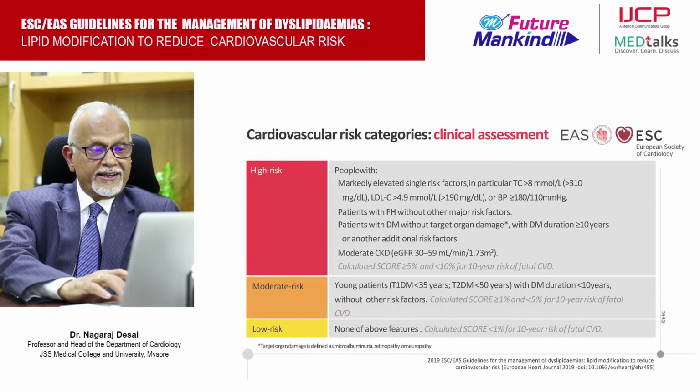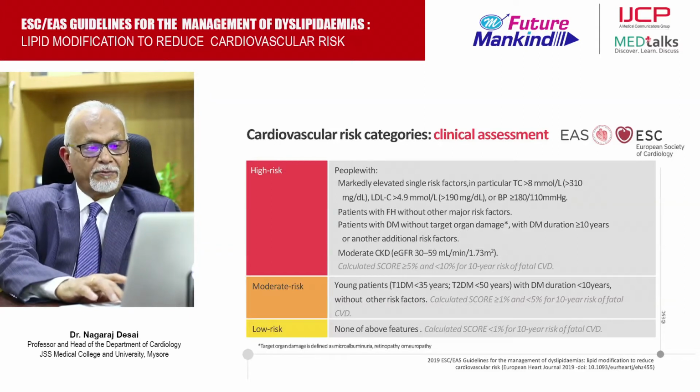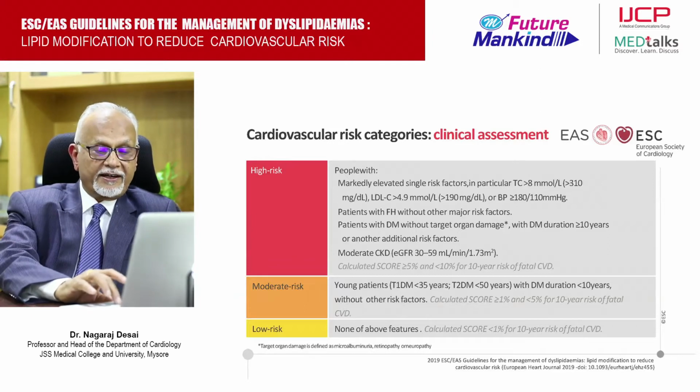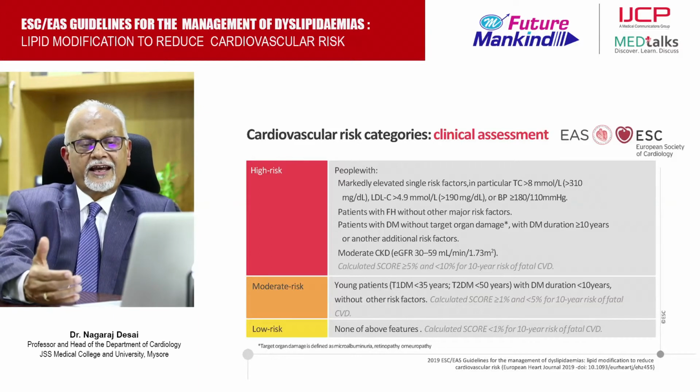Nevertheless, the categorization of individuals into very high risk, high risk, moderate risk and low risk is very useful, and we can compare the 2016 recommendation to the 2019 recommendation by the ESC. You can see clearly the guidelines have gone further to bring down LDL cholesterol in the very high risk, something like when you employ more than 50% reduction of LDL cholesterol, then you can have a goal of something like 55 milligram per deciliter, and accordingly the high risk individuals will have 70 milligram, moderate risk people will have 100 milligram, the low risk people will have 115 milligram,